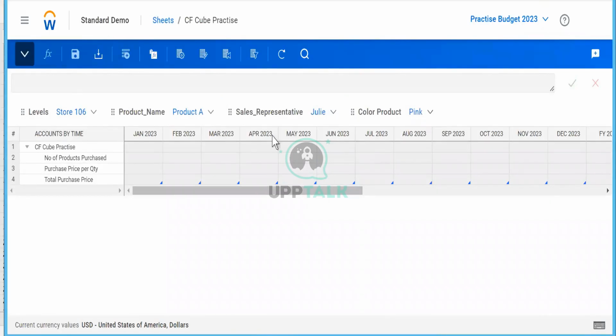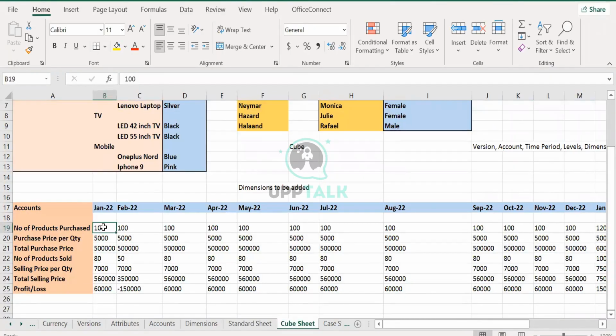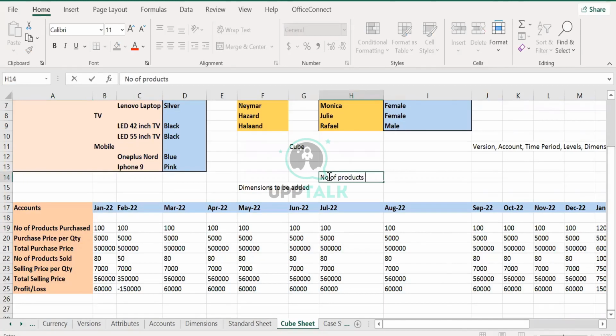Basically, you need to understand that whatever dimensions you entered here, you have to have that level of combination. Basically, here, what was the significance of 100? The significance of 100 was simple. It was the number of products purchased in the month of January for Bangalore level. But what is the significance of this 100? Any guesses? Basically, the units purchased during Jan 22, right? It is the same, but something will get added. It is basically the number of products purchased in the month of January.